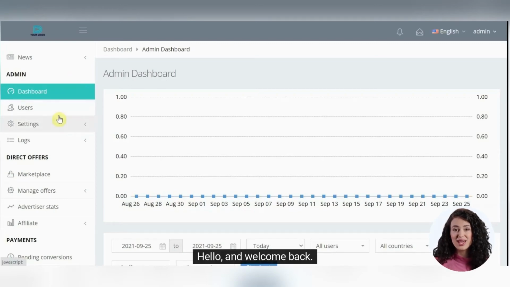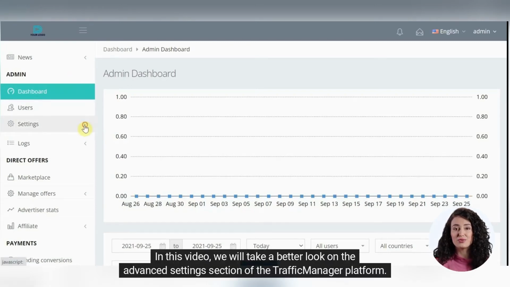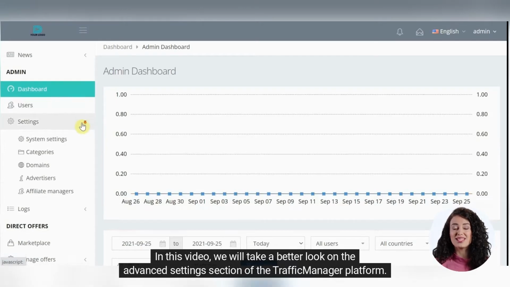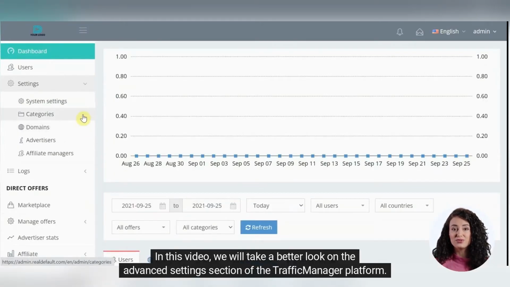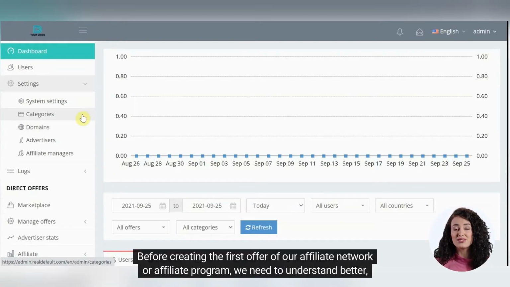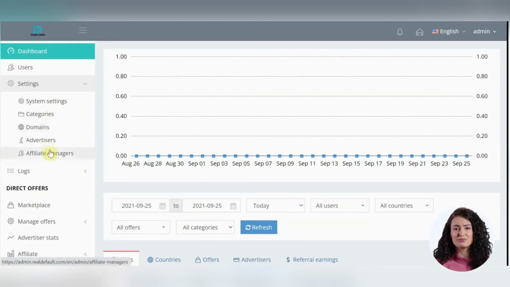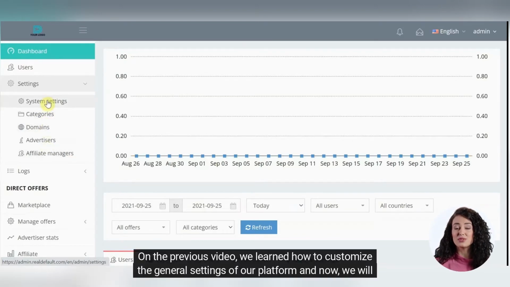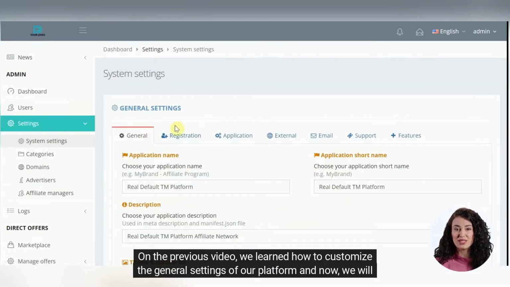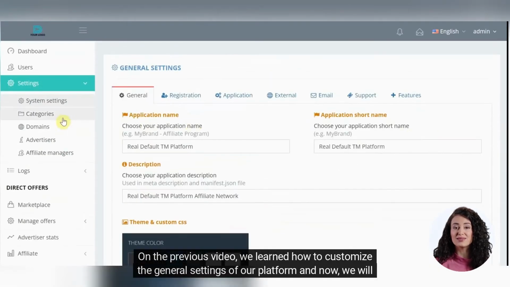Hello, and welcome back. In this video, we will take a better look at the advanced settings section of the Traffic Manager platform. Before creating the first offer of our affiliate network or affiliate program, we need to understand these sections better. In the previous video, we learned how to customize the general settings of our platform, and now we will need